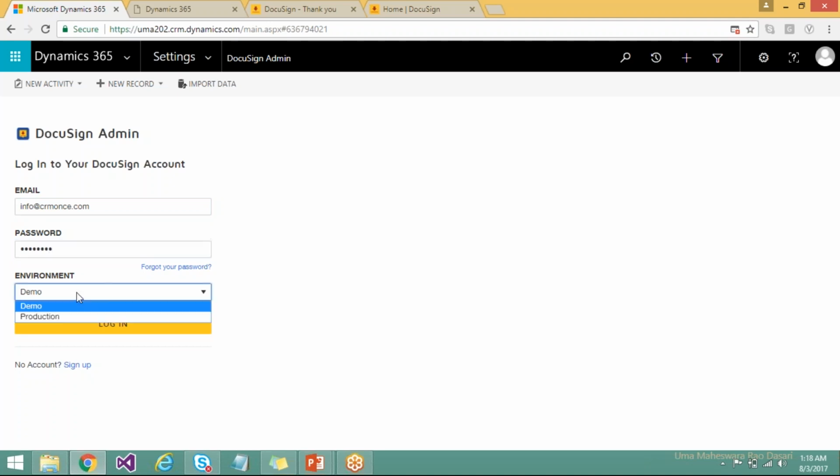In the drop-down there are two types of environments. If you are using a sandbox environment, we have to select demo, or if you have a licensed version, then we have to select production. For now we have a sandbox environment, so we will select demo. Once you click on login,